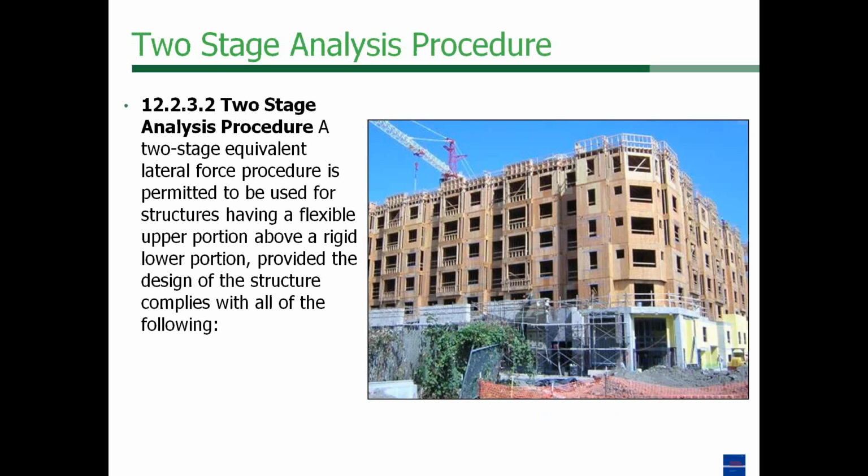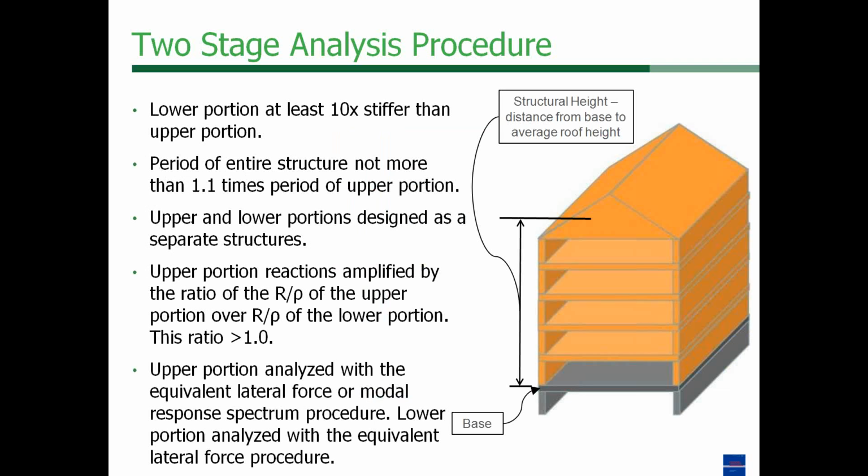So ASCE 7 12.2.3.2 also has a 2-stage analysis procedure, and this is commonly used on structures that look like this. This is a 5-story wood frame over 1 story of concrete podium, and so this 2-stage analysis procedure has some qualifiers as well, and we want to emphasize a few of the rules that go into this,